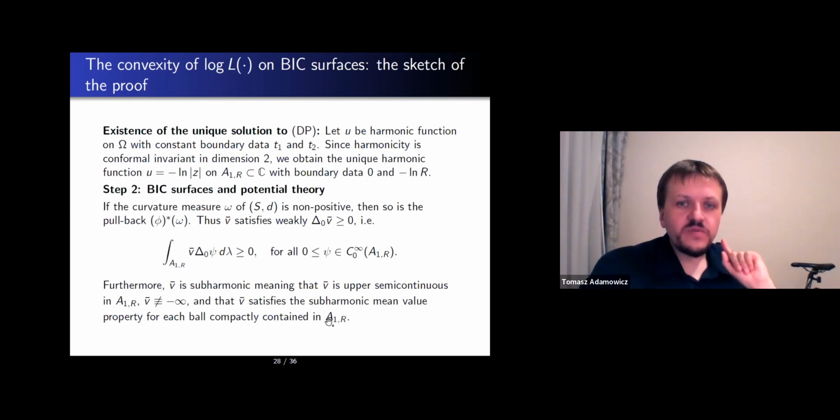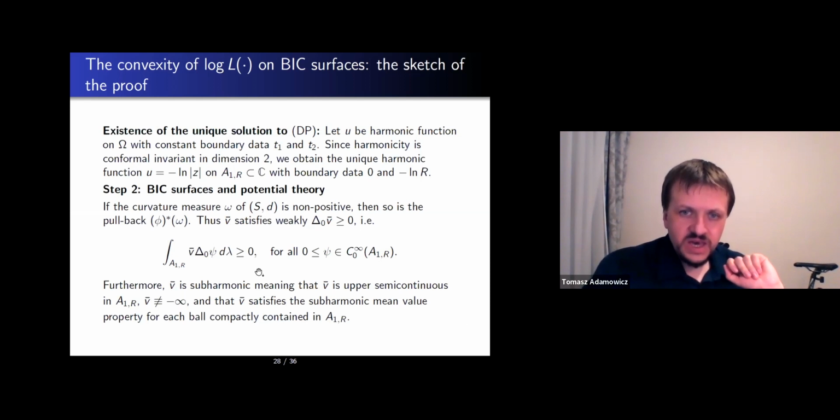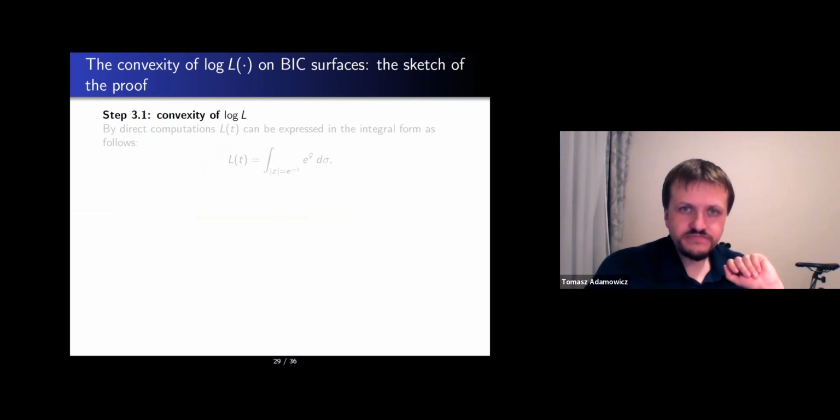And even more, V bar is not only a supersolution in the weak sense, but also a subharmonic function, meaning that V bar is upper semi-continuous, it's never identically equal to minus infinity, and satisfies the subharmonic mean value property for each ball compactly contained in the flat annulus. The latter condition can as well be stated in terms of comparison principles. And finally, how do we